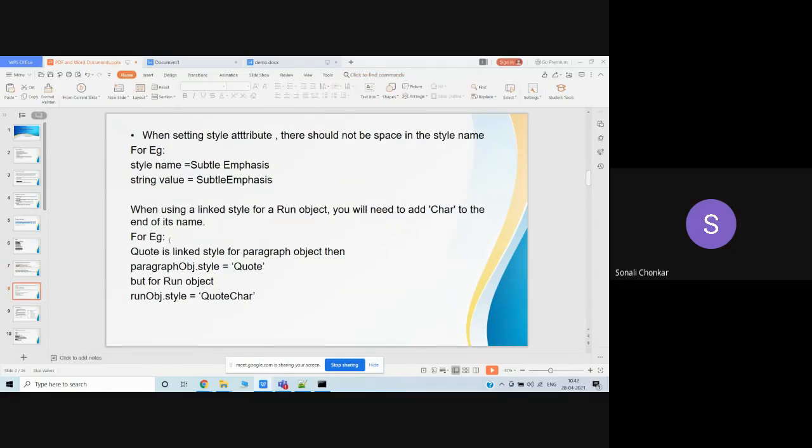Now, one thing we should remember. These are some do's and don'ts when we actually go and code, and give style to our Word document. We need to keep in mind, when we set the style attribute, if you see,